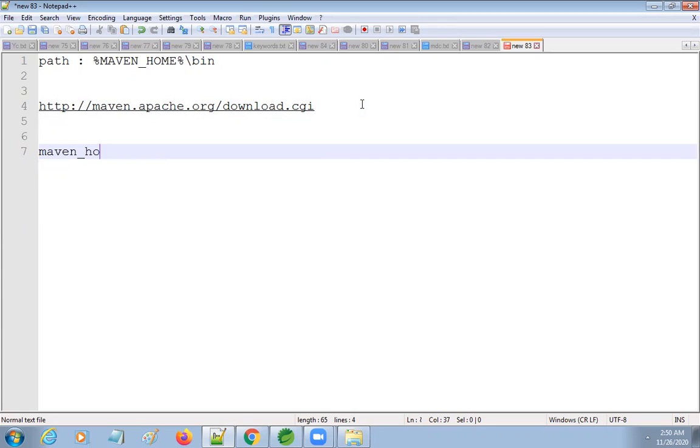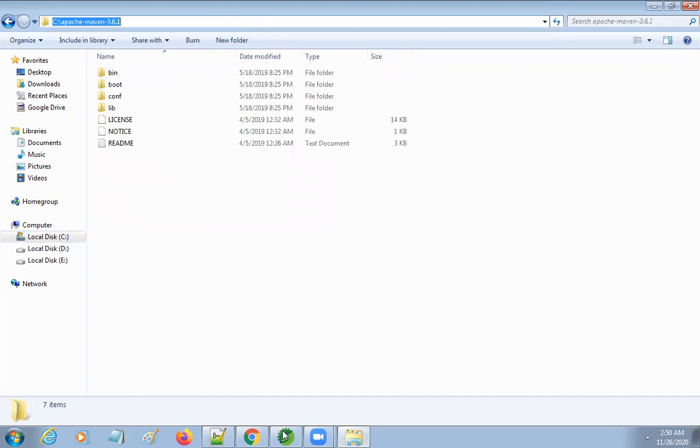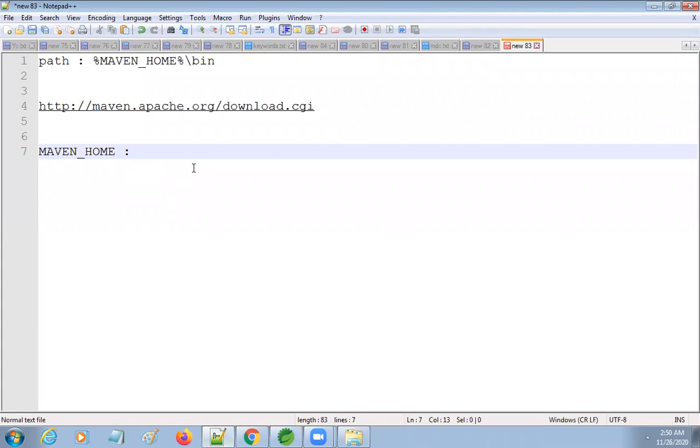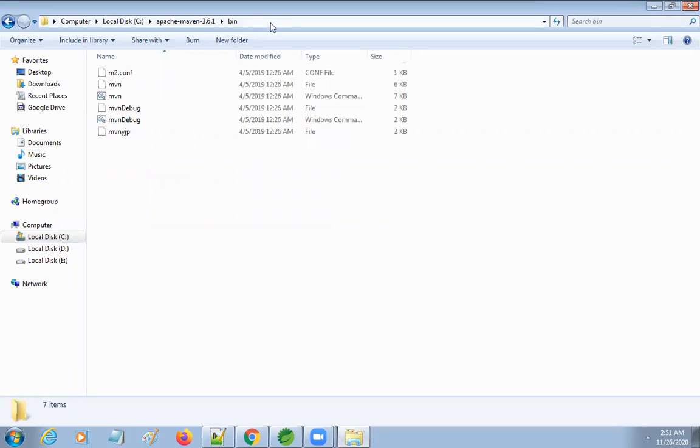So Maven home means where you have installed your Maven. So this is my structure. Here I have installed my Maven. So now same way we need to provide the path. Path means till bin folder you need to give. So go to here. So till bin you need to give